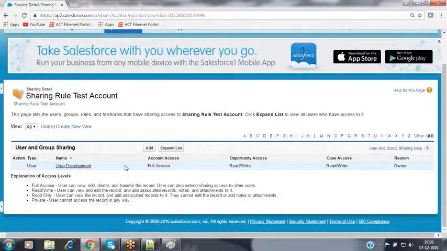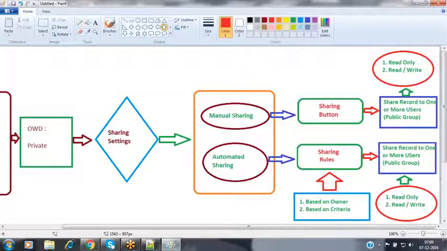So this is the way the sharing rule fires upon creating a new record, and upon modifying an existing record also, the sharing rule automatically fires. It verifies those conditions. If the conditions are satisfied, the user can access those records. Otherwise, the access will be denied. So this is how we can share a record, by using the manual process or by using sharing rules.